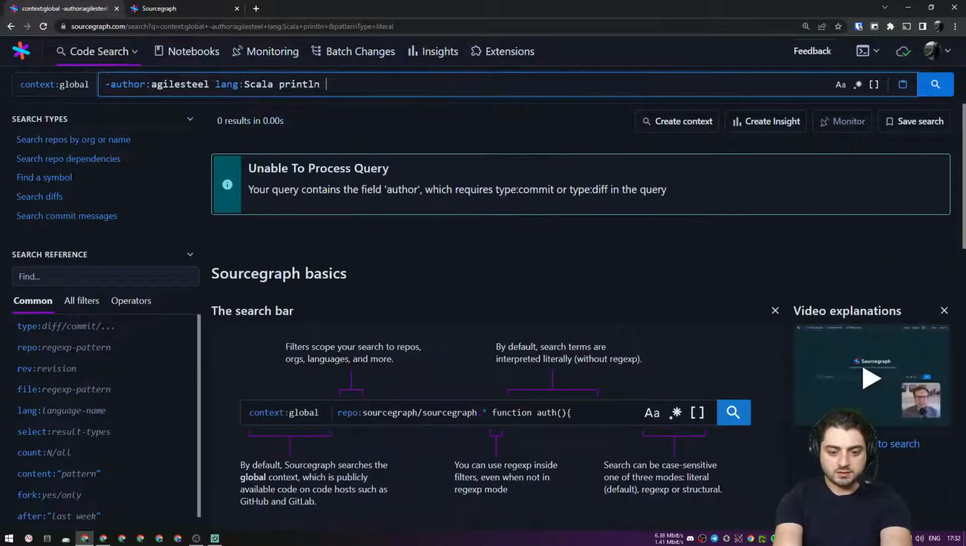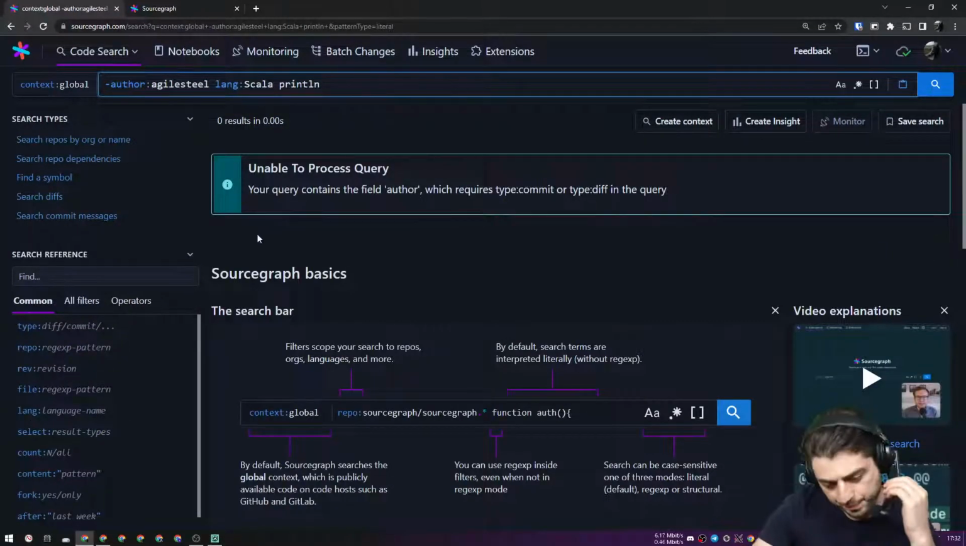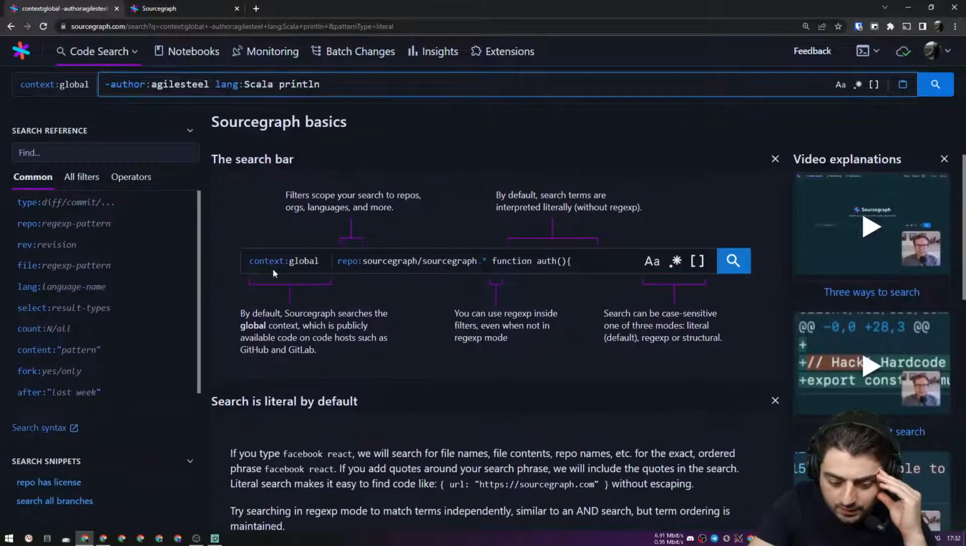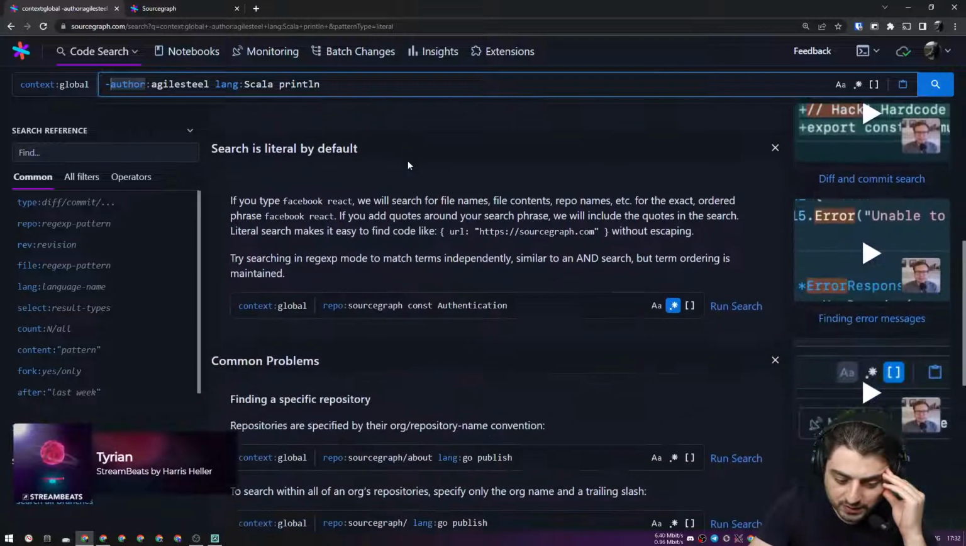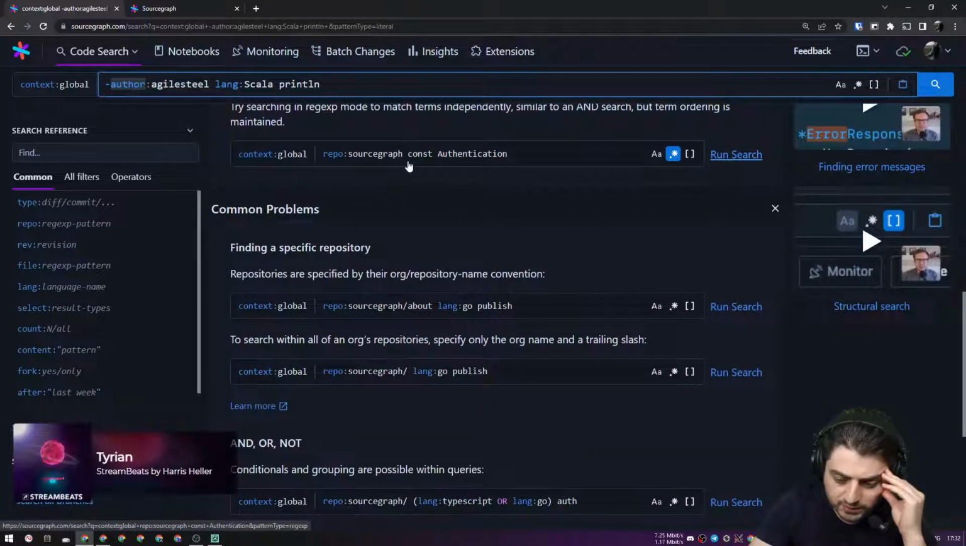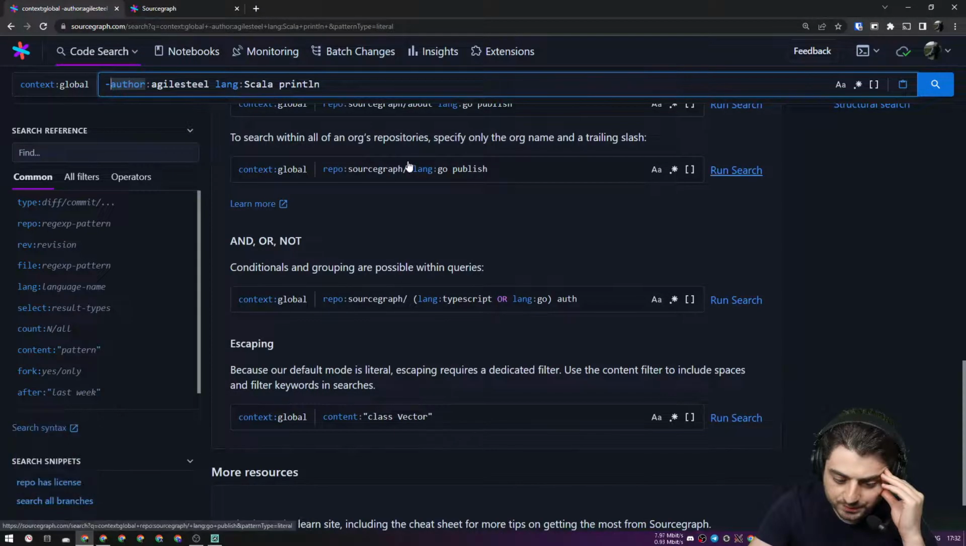Okay. Okay. Oh, I like that. Global search, publicly available code and code hosts such as GitHub and GitLab. Filter scope. Okay, like repo. Okay. Can use regex by default. Okay. This minus thing was supposed to say not me, right? And so I wanted to just search for print line. I feel like because I'm logged in, it assigns more weight to my things, and so